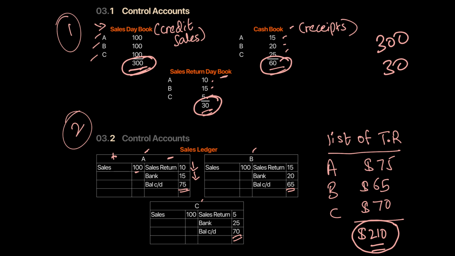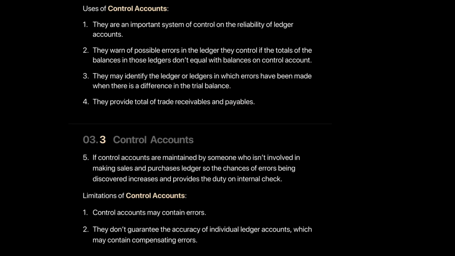Total cash book is 60. I'll take this figure, and using that, I will draw a control account. First, you should visualize that a control account is drawn to verify whether your list of trade receivable is correct or not. And if it's not correct, it means that there are some errors, which we will address in the later videos.